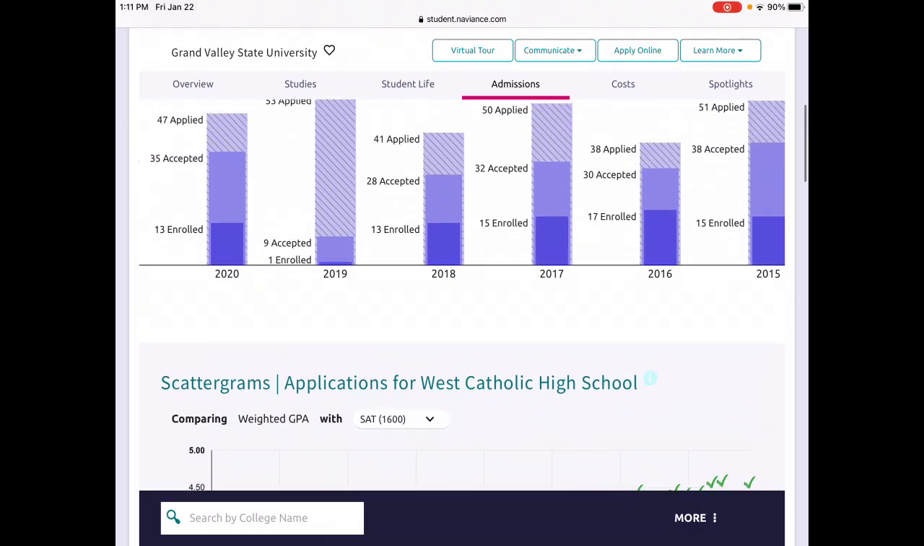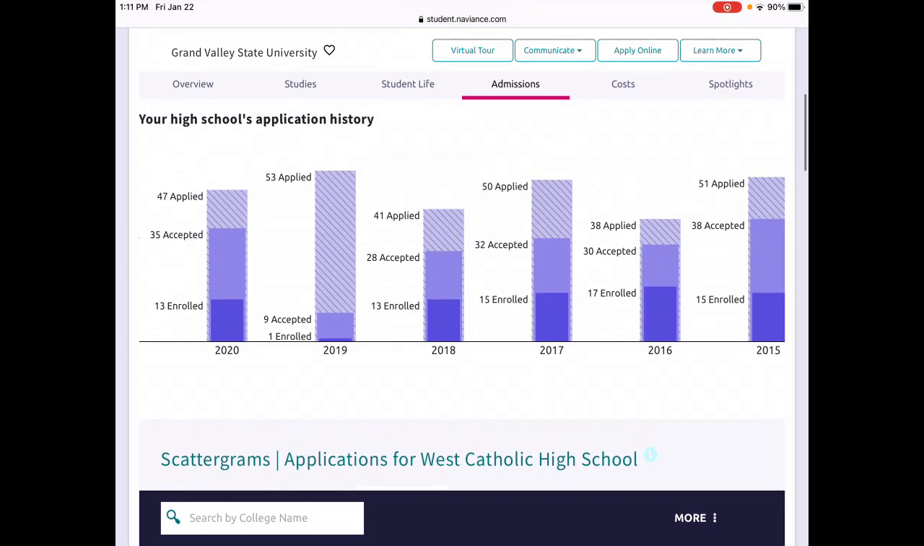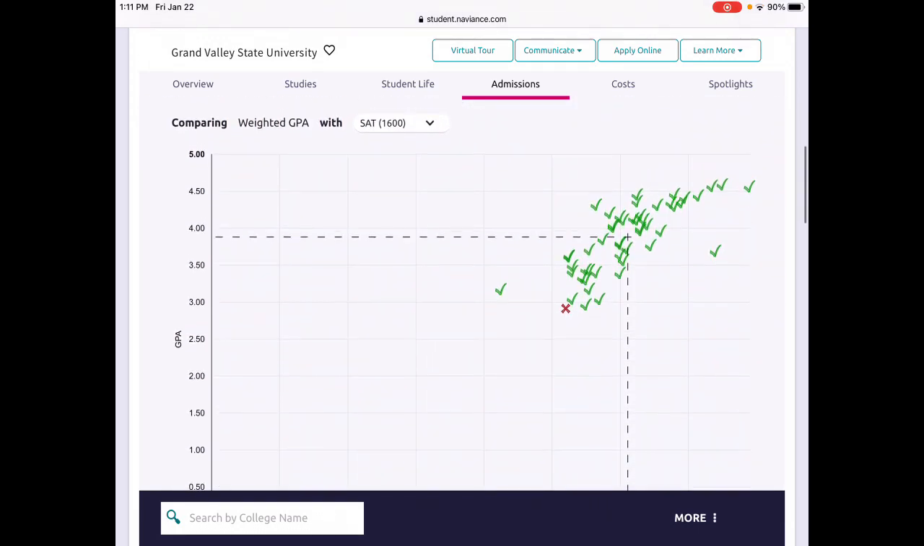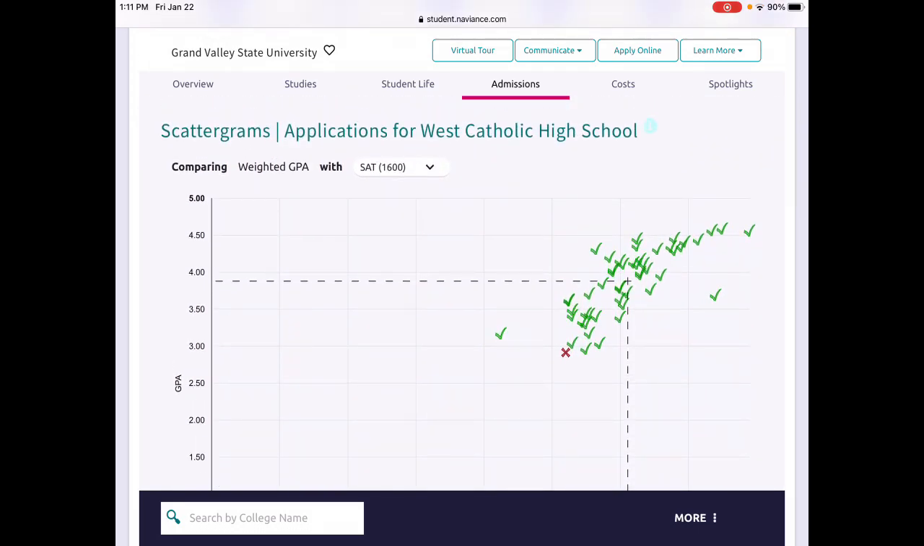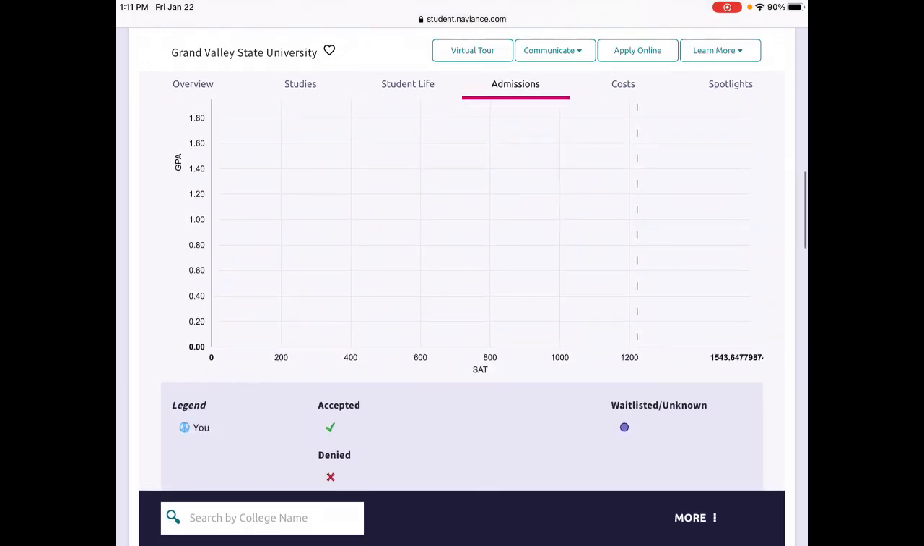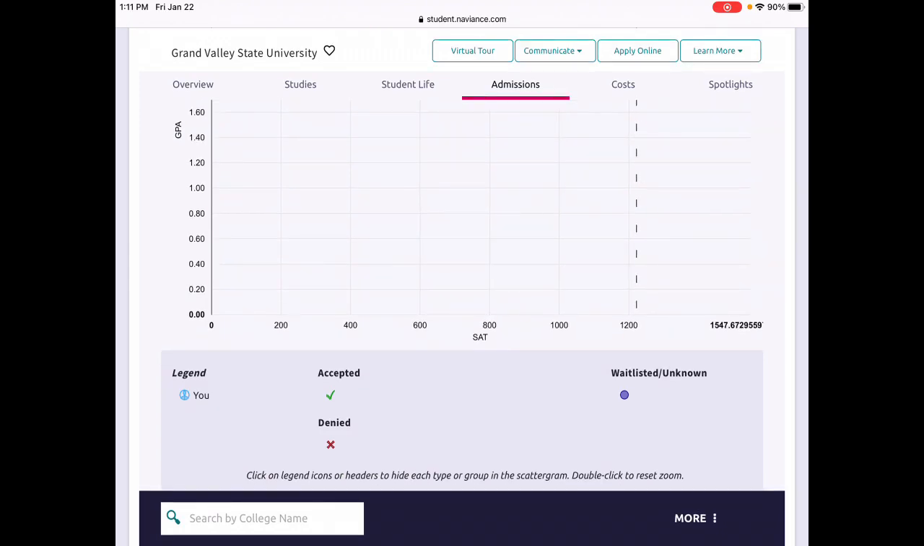rates. I can see some past history of West Catholic students, of how many students applied and were accepted and enrolled. One thing that may be beneficial is for colleges that our students have applied to, it may even show a scattergram. So what this is going to do is these are West Catholic students from probably about the past 6 years who have applied to this college or institution, and you'll see that the green checks are students who